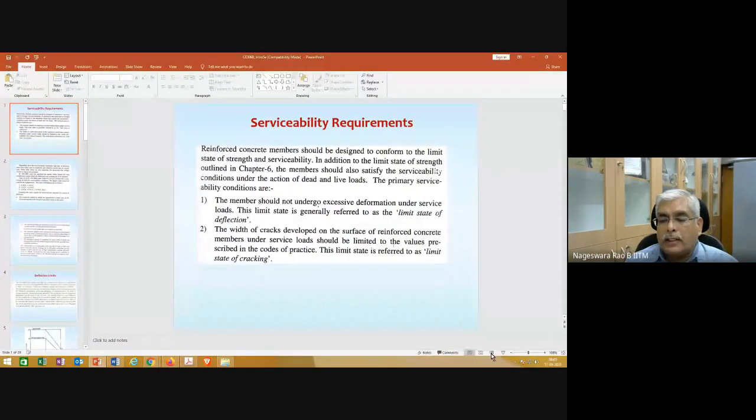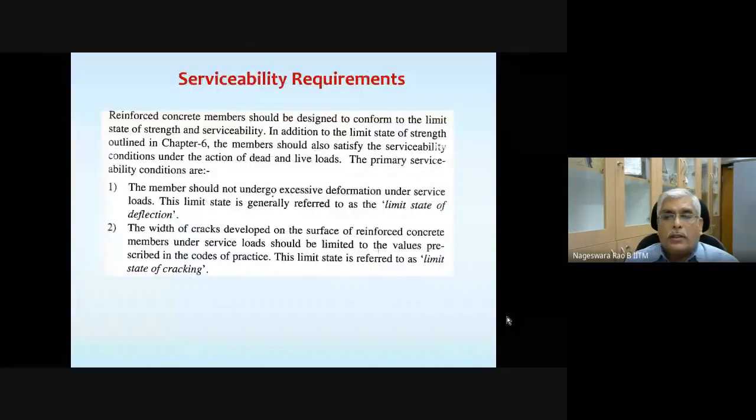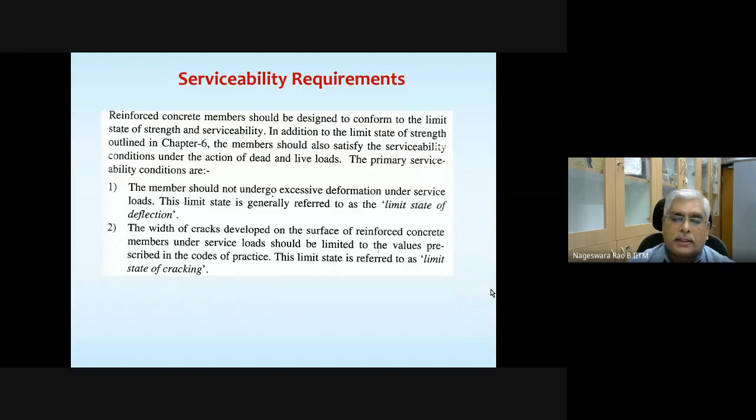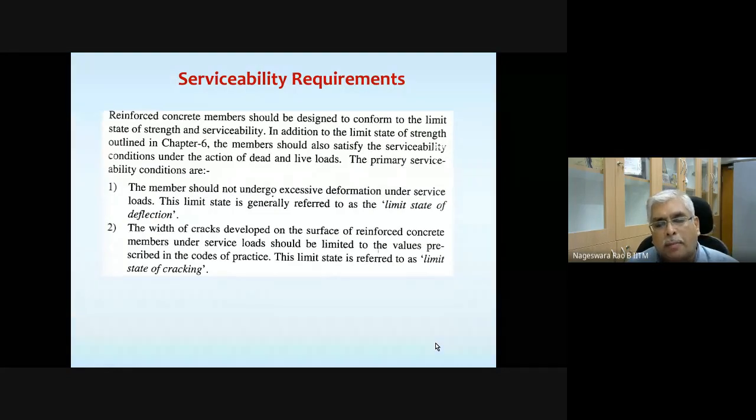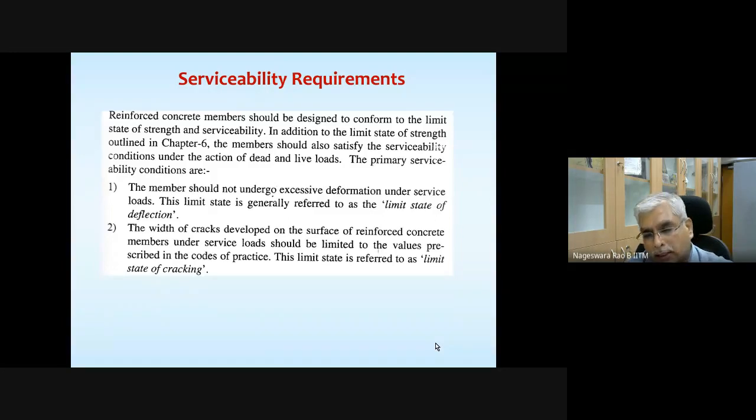And we started looking at two serviceability requirements. One is deflection, another one is crack width. So far what you have done in your assignments, or in the classes, is you learned how to design using working stress method, how to design a rectangular cross section beam, or for that matter any type of cross section, either reinforced on tension side or both on tension and compression side for flexure.